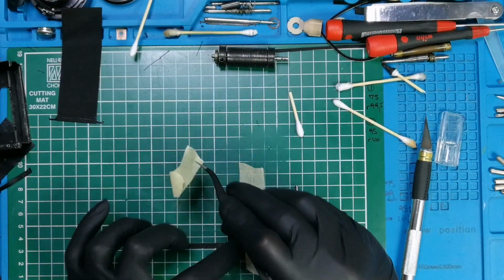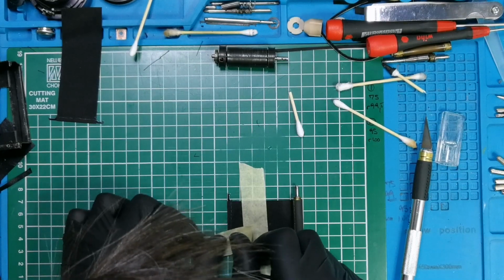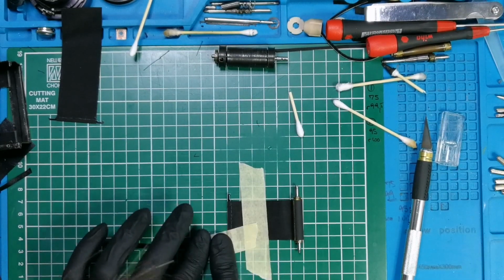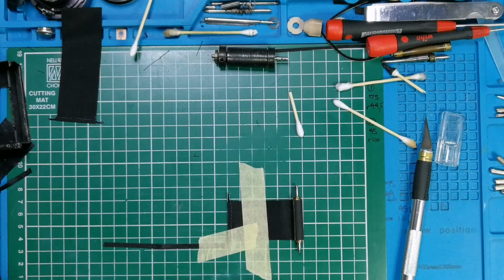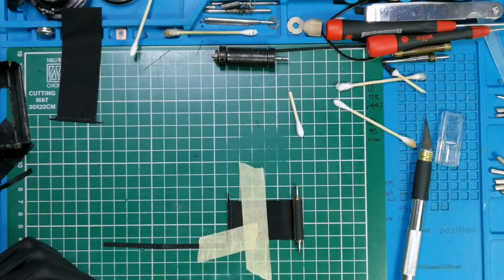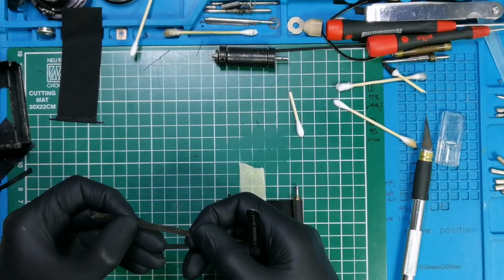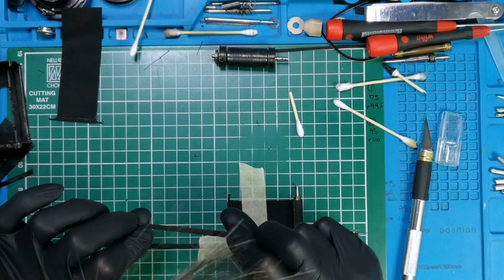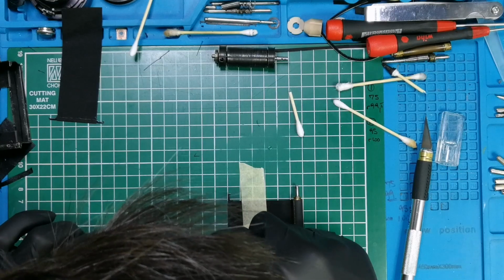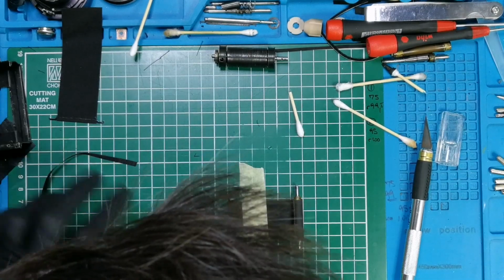This ribbon material is from Japan, and it's slightly different from the Soviet one, which is more, I don't know, dense. It doesn't unravel like the Japan one. It's probably a totally different material, but it's the same size, and well, this is probably the best you can get. All right, so